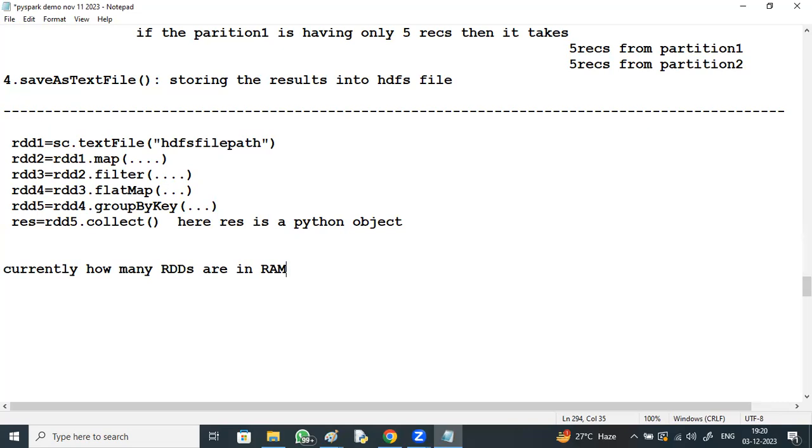Five RDDs? Currently, how many RDDs in RAM? Someone said, right? None. Zero. No RDDs in the RAM. Currently, how many RDDs in RAM means no RDDs in the RAM. Zero.